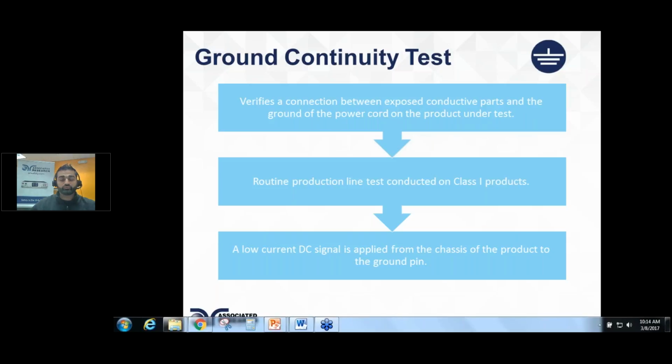At that point, class 1 products have a ground pin to ensure there's no potential shock hazard. Now, this ground continuity is more of a low current test, just to check for a continuous path. It doesn't tell you anything about the ground circuit, what kind of current it could handle, and that's where we come in with the ground bond